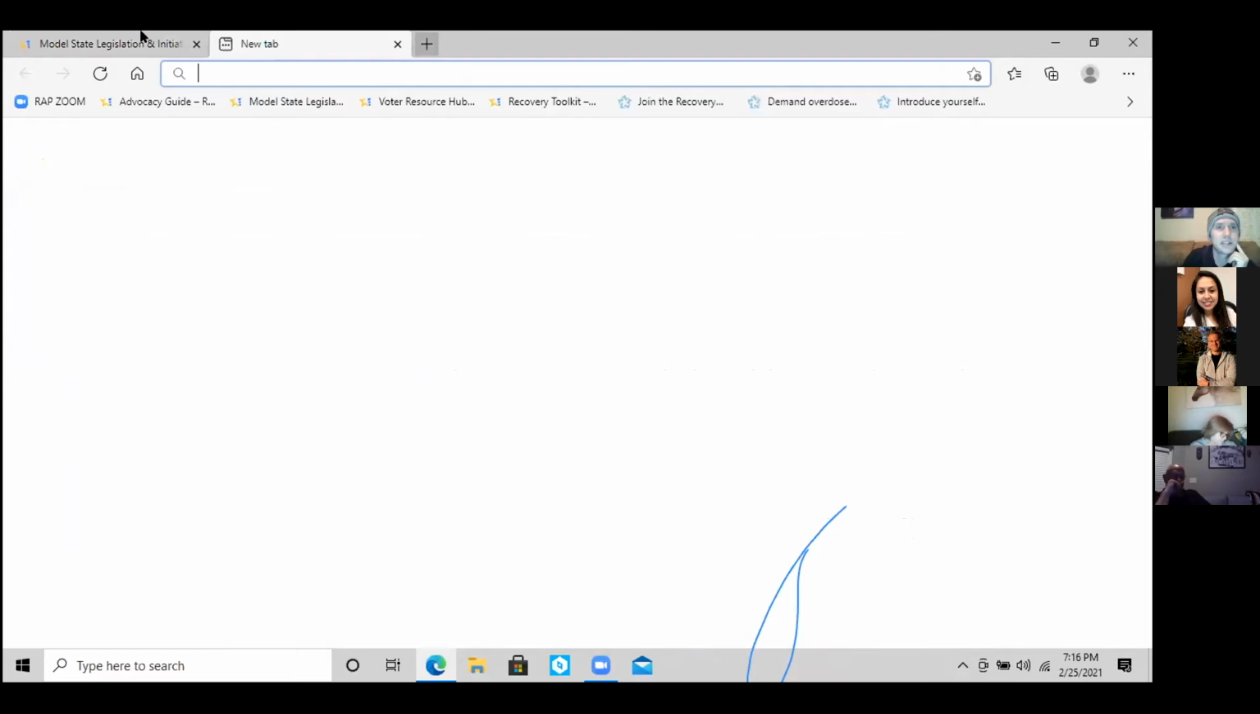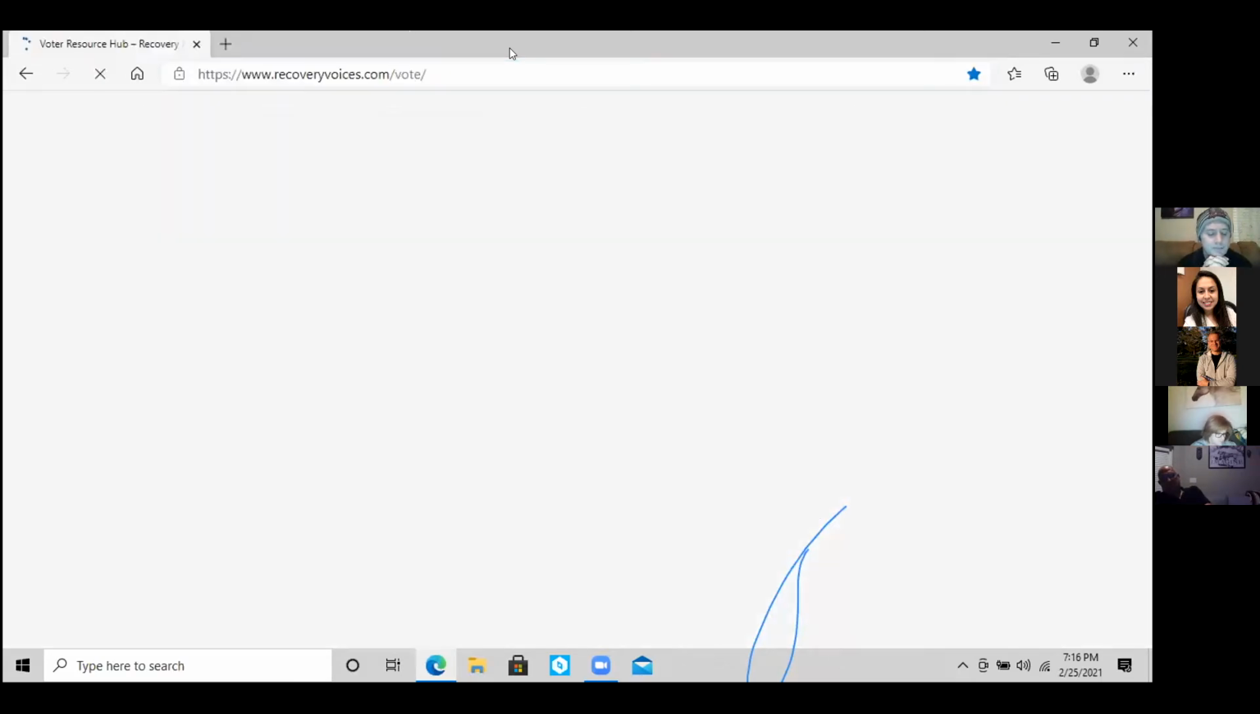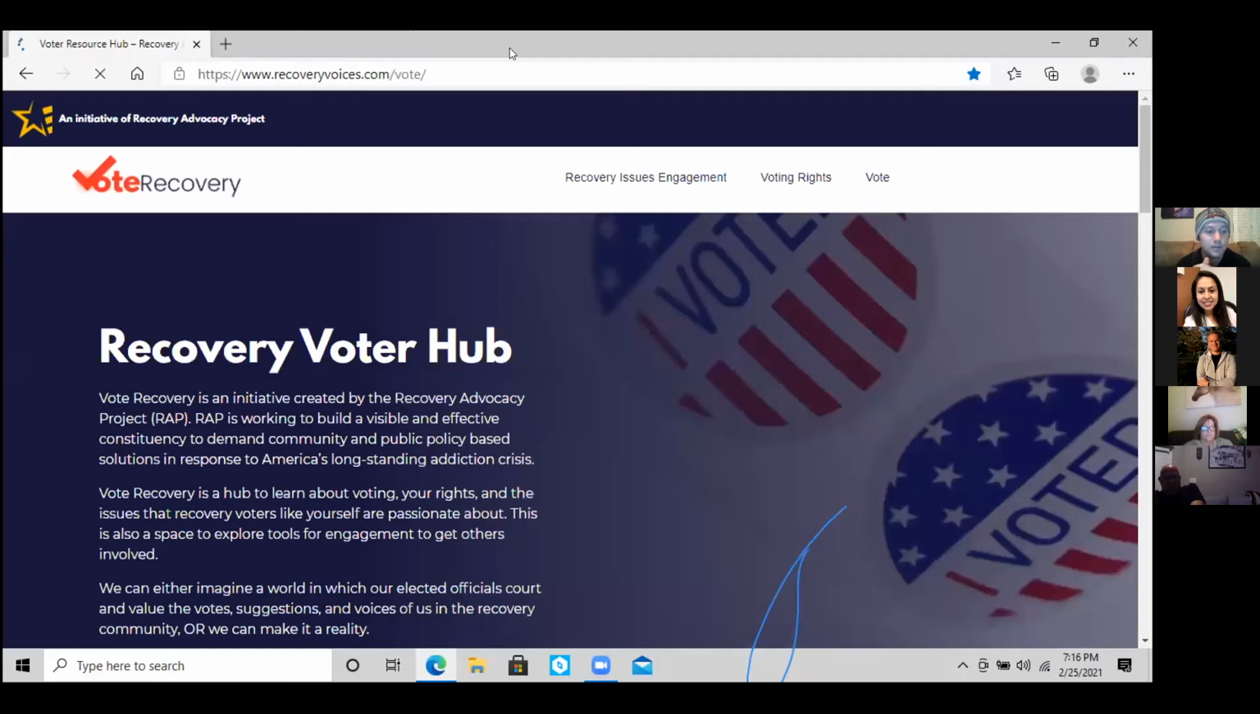We're going to jump into our civic engagement campaigns. We built a voter resource hub called Vote Recovery, and this is also off of recoveryvoices.com/vote. And you've heard, if you've been in an organizing team meeting with Garrett, he's told this story a couple times, about how they were trying to community organize in their community and nobody was paying attention to them. And so they went out and registered voters, hundreds of people in recovery,